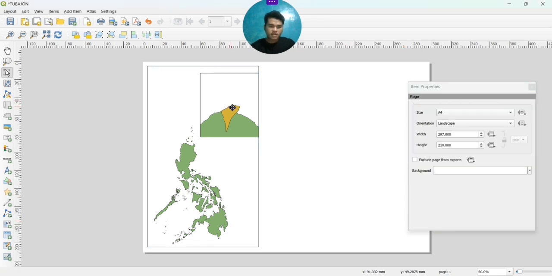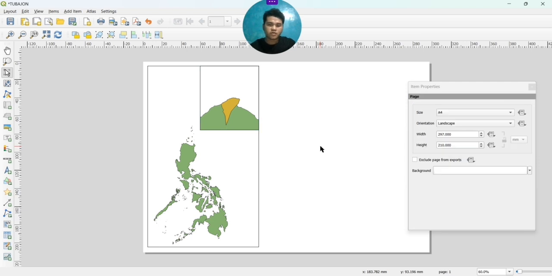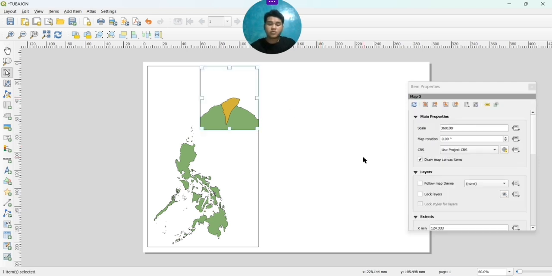Okay. Next step, I will be moving it to the position I want. It depends on you where you want to position your map, and once you're done, lock it so that it will not be moved during some editing.